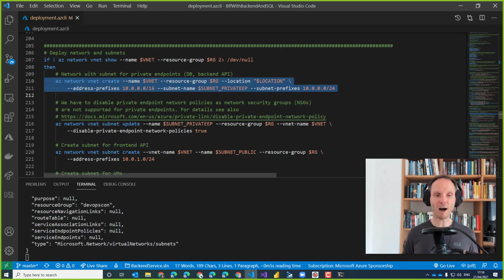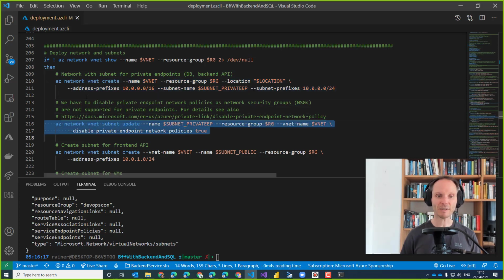Virtual networks are, as the name suggests, networks inside of Azure. In the real world, many enterprises have VNets in Azure, and they use VPN gateways to connect these VNets to their corp backend, to their corp network. So they have a kind of virtual hybrid network where all the PCs and servers, either running in the VNet in the cloud or on premises, can reach each other through proper IP routing. In my case, the VNet is just a standalone VNet. I don't have any VPN gateways because VPN gateways are not a topic of my session today.